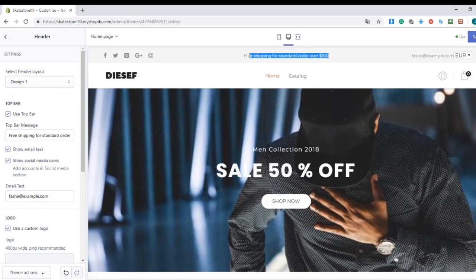And right over here you see the free shipping for standard order over $100. You can edit it right over there. And here stays fash.example.com and you can change that there. So okay, yeah, I'm gonna click save